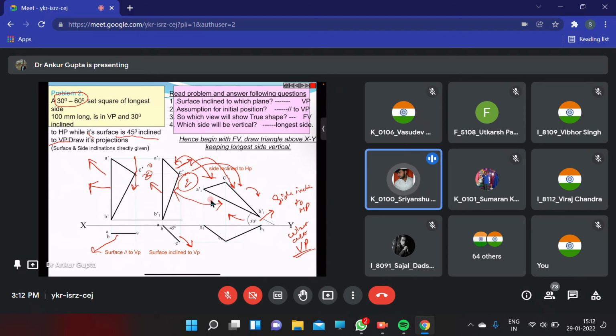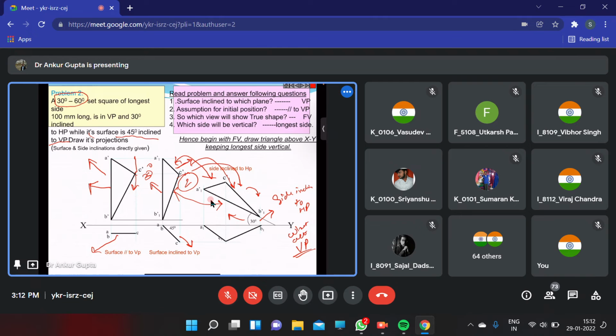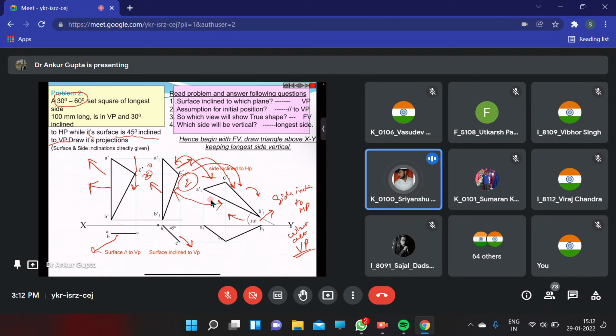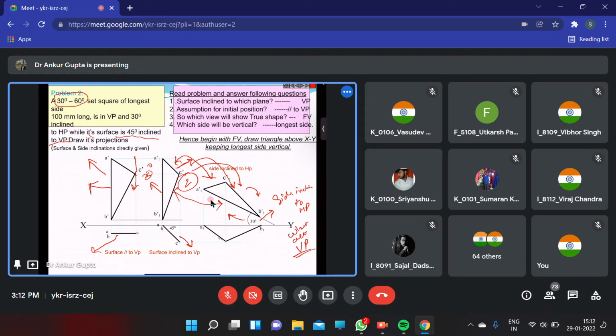सर आई हैव अ डाउट। सर वो जो 45 डिग्री एंगल का जो इंक्लिनेशन हुआ है, तो सर वो वीपी पे करना था, तो वो तो एचपी पे किया हुआ है ना सर? कैसे भाई? सर वो हॉरिजॉन्टल पे है ना, एक्स वाई प्लेन। हॉरिजॉन्टल पे, बट वो एंगल तो उससे बना रहा है ना, वर्टिकल से बना रहा है। इमेजिन करो भाई, वो परपेंडिकुलर है। इट इज परपेंडिकुलर टू एचपी एंड इंक्लाइन टू वीपी।